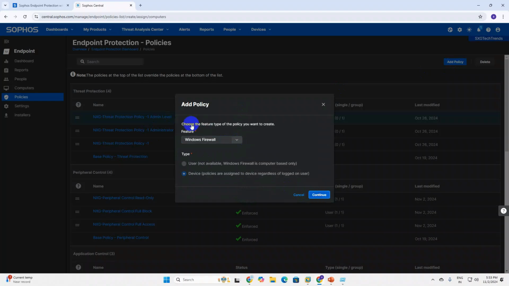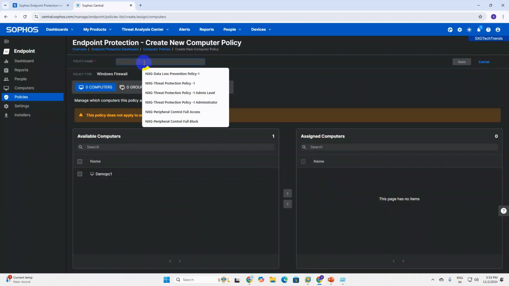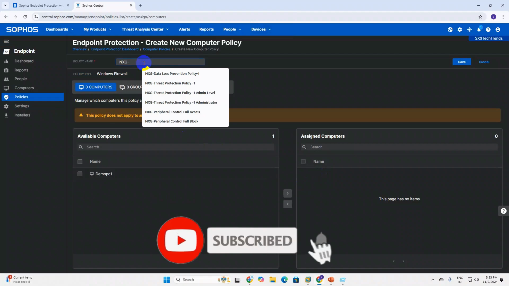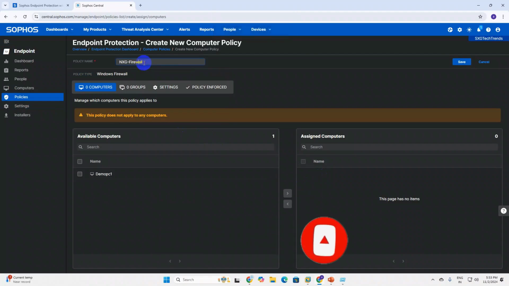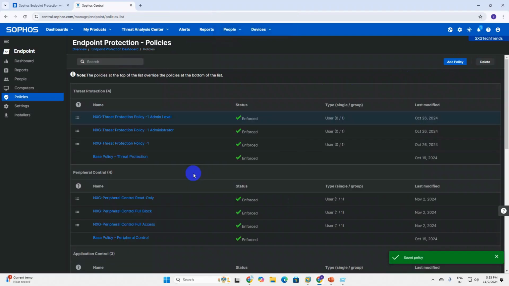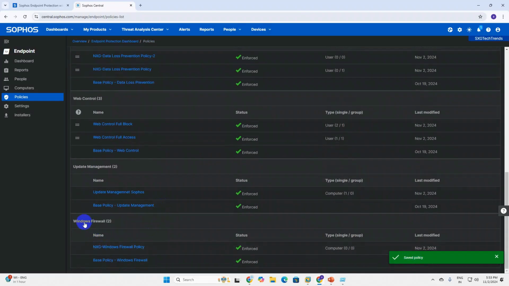Select continue, and here you can name it NXG Windows firewall policy, and then click on save. Once you have created this name, you can see the policy is saved. Scroll down and you can see under Windows firewalls there are two policies. One is a base policy, the second one is the NXG Windows policy, which we created recently.